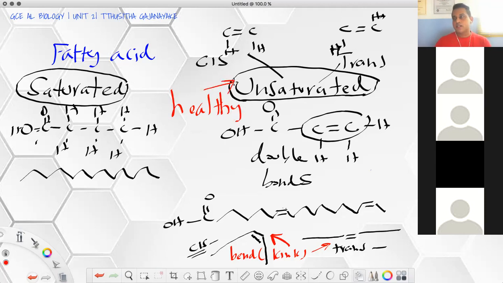This is the healthy fatty acids. Maybe you have heard about omega-3 fatty acid, fish oil. They are more beneficial to health than saturated fat. Now why is that? We will learn this in unit 5 when we are learning cardiovascular disease. We are going to learn diseases of the heart and blood vessels. The answer is more towards